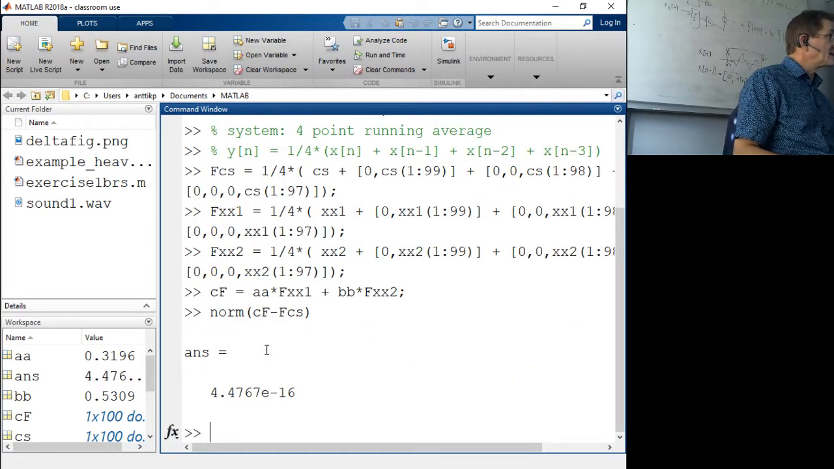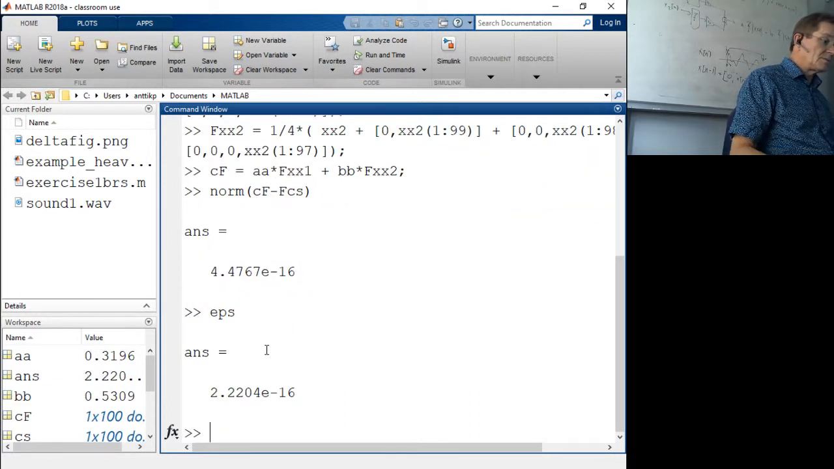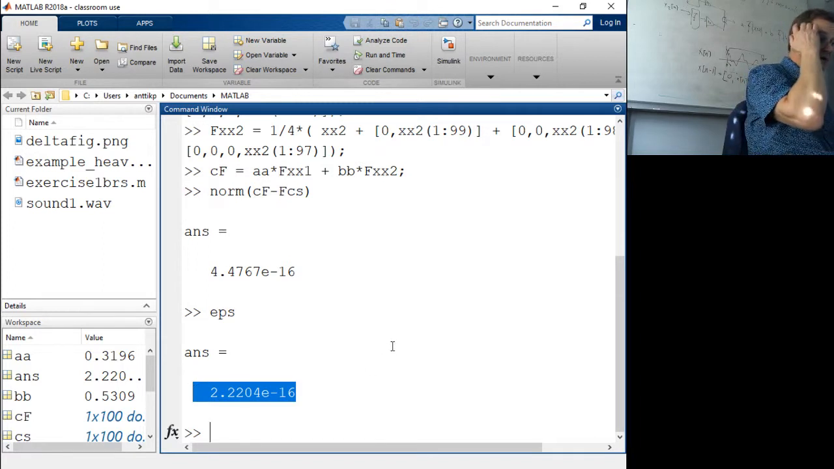Yes, this is close enough to 0. Remember that machine epsilon is 2.2 times e to minus 16, so this is 0. As 0 as this one, equally 0, which proves that this is a linear system. If this was a non-linear system, this would be remarkably different, meaning, say, at least 0.1 or so. Big difference in magnitude. Okay,